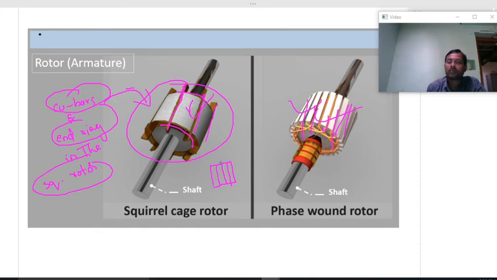Because the skew will be like this. Here I am going to explain that. If it is a rotor, the copper bars are skewed at this certain angle. Copper bars are skewed with a certain angle. You can observe here, this is skewed with a certain angle like this.